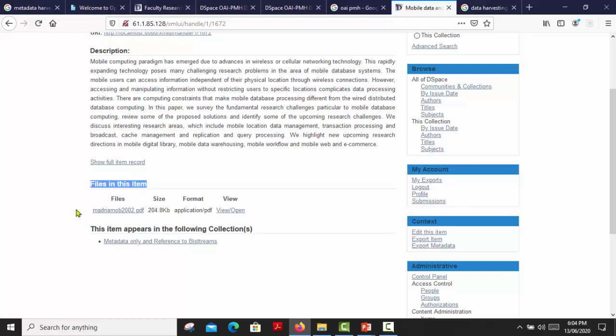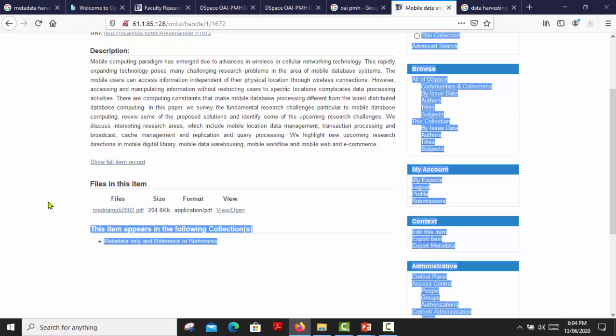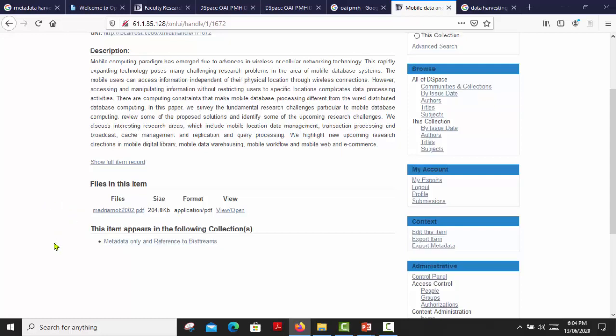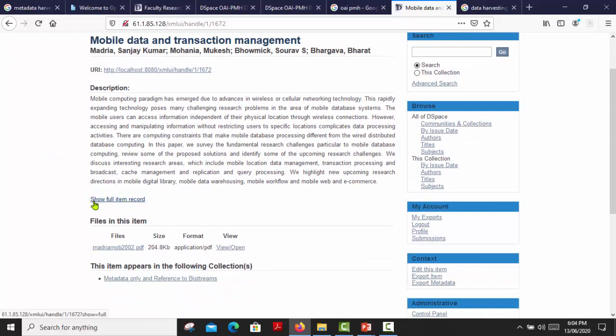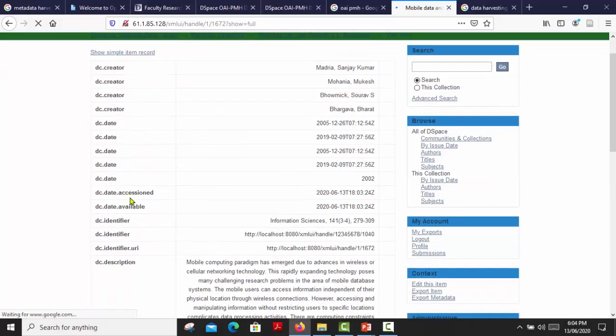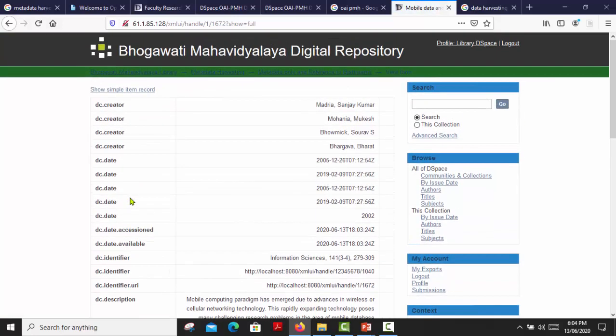Here we get the files, as if we had inserted the files in the disk space. I'm just clicking the file. Before that, I am going to check this metadata, so I will show the full item record. This is the metadata of that item.